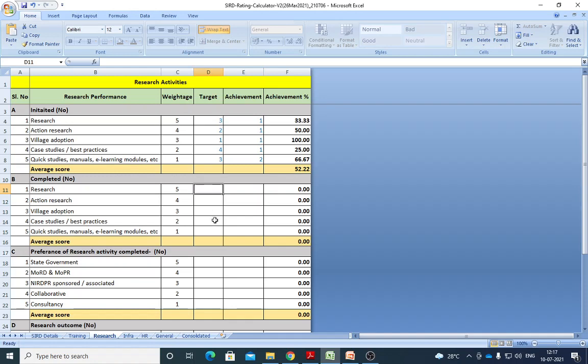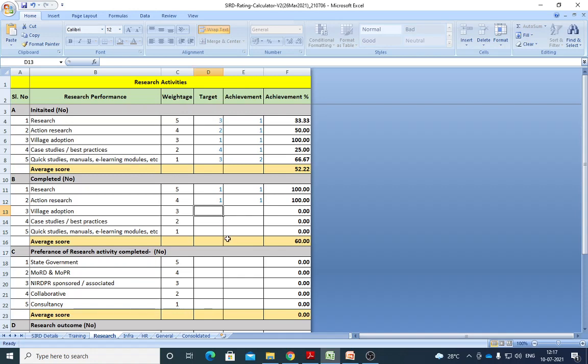Please understand now. And how much do you have to complete? What is your target? How many research projects are you supposed to complete? Can you see here? 1. You have to put 1 here. This 1 is coming over here. You got it? And this proposal you have to complete immediately for next year. 1 you have to complete. And again action research, how much did you get? This is your target, because it is already approved. Okay. So action research 1, and how much you need to achieve, that means you have to complete another 1.